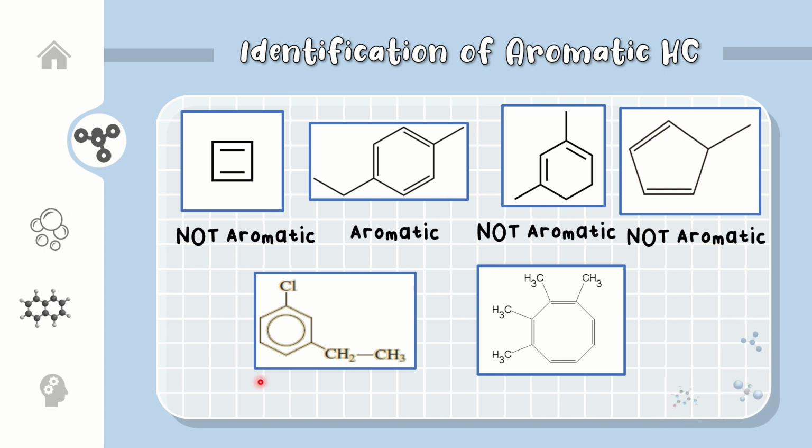In the next example we have here, we see a ring which is proposed by Pauling and is a 6 carbon cyclic hydrocarbon. Therefore, this is considered as aromatic hydrocarbon. In the next example, we can see that there are 10 carbons with alternating double bonds. Since this is a 10 carbon hydrocarbon, this is not an aromatic hydrocarbon. Pretty easy, right? Let's proceed now with the